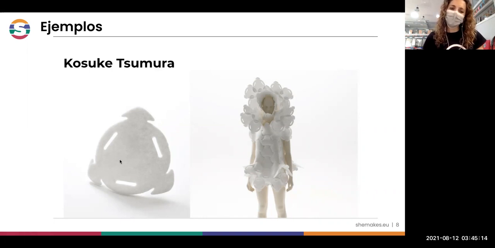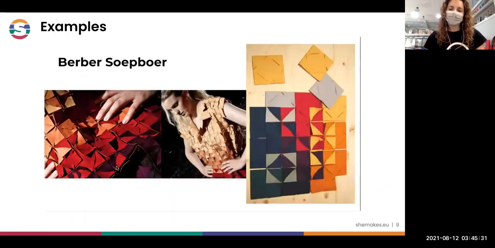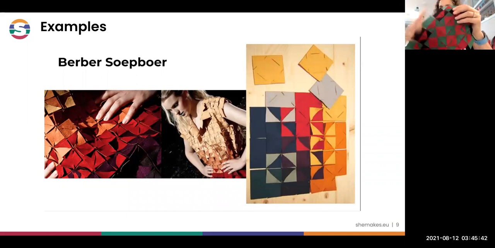So what you can try is to design one of these pieces that can be interlocked to another and make something big. And you can play also with different colors and have something like this. I don't know if you can see the camera, but if you interlock these pieces, you can see different colors, you can have different patterns from one side and from another side.